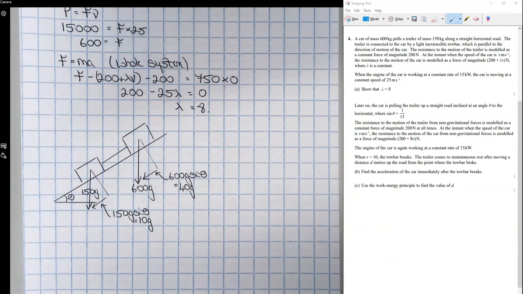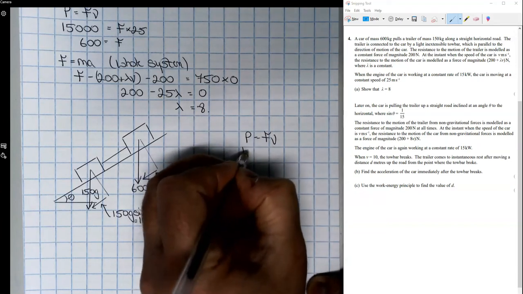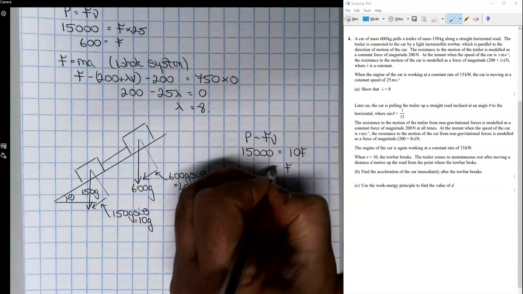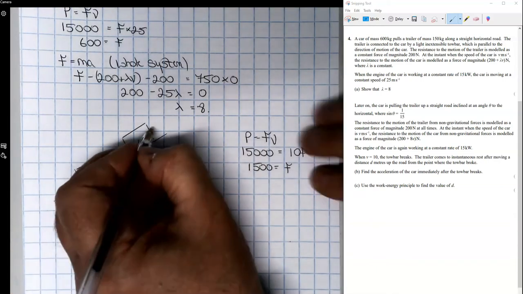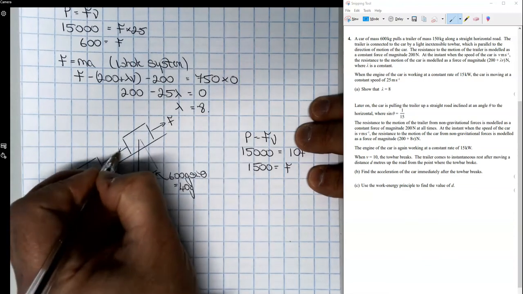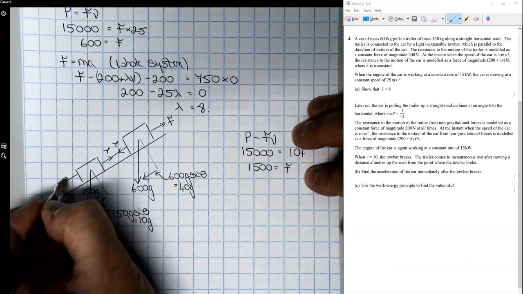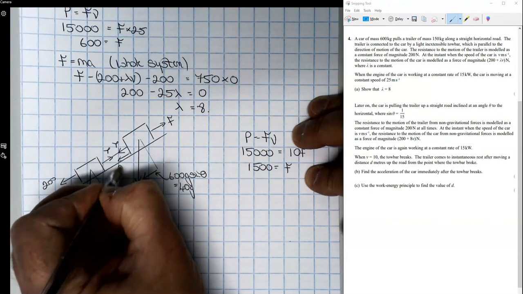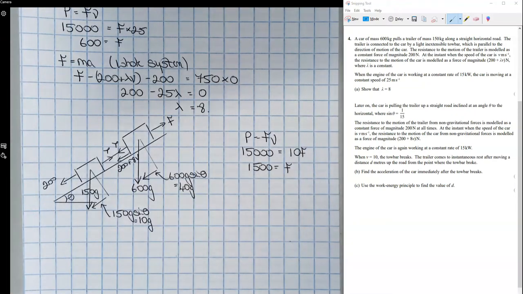Okay, so what are we doing now? So now we're doing power equals FV, still 15,000. The velocity at this instant is 10. So at that moment, F equals 1,500. Okay, driving force up the road. I've still got the two tensions. I've still got the resistance. And I'll put this 200 plus 8V, because we know lambda is 8 in the first part. As it breaks,